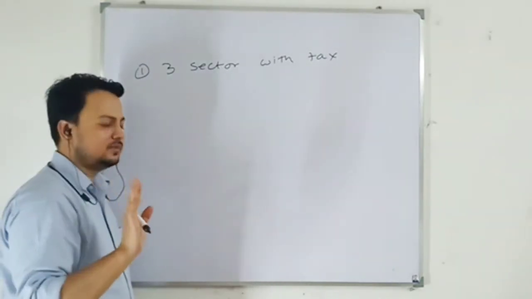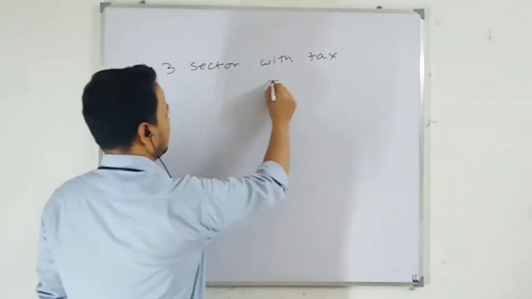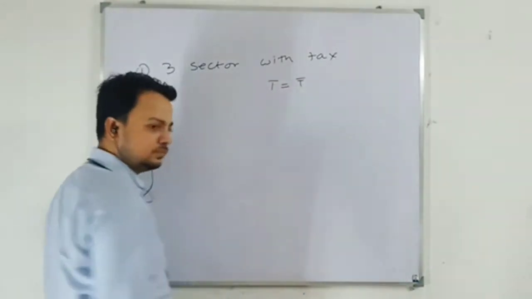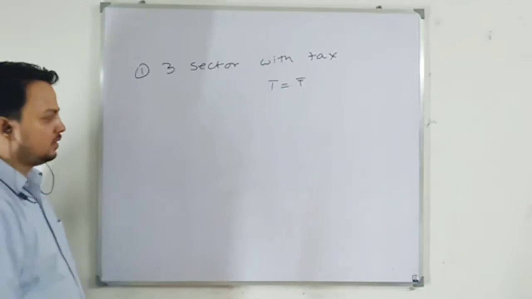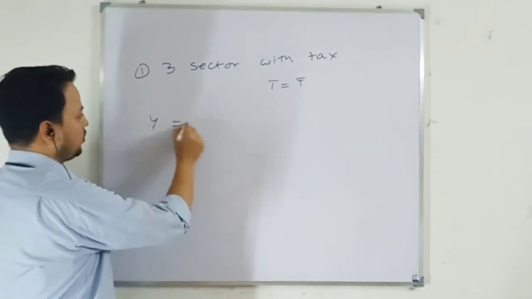Autonomous, non-same tax. Not marginal tax here. So T is equal to T bar. Okay, so in the three sector model, if you deduce, what will you get? Y equal to